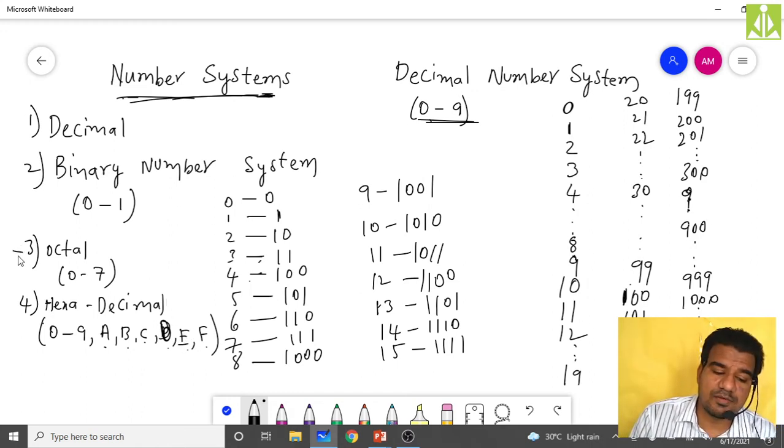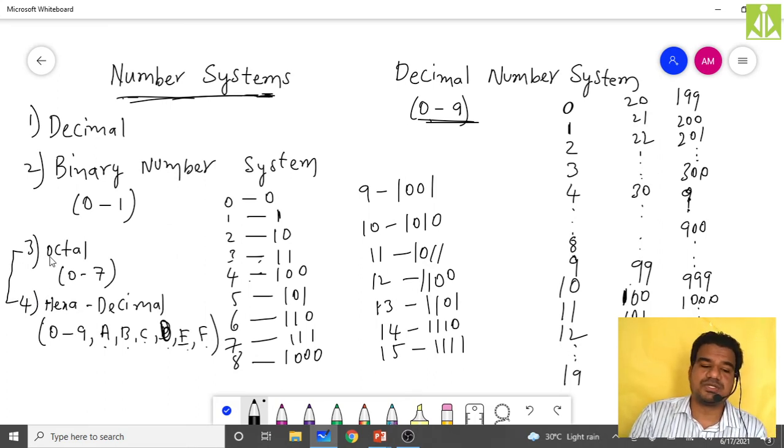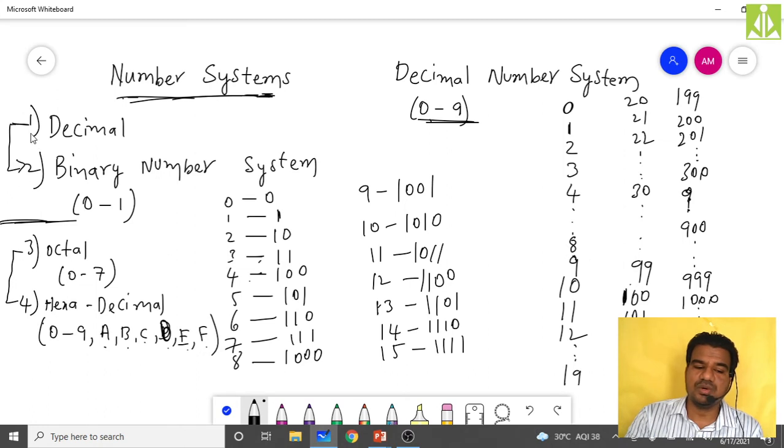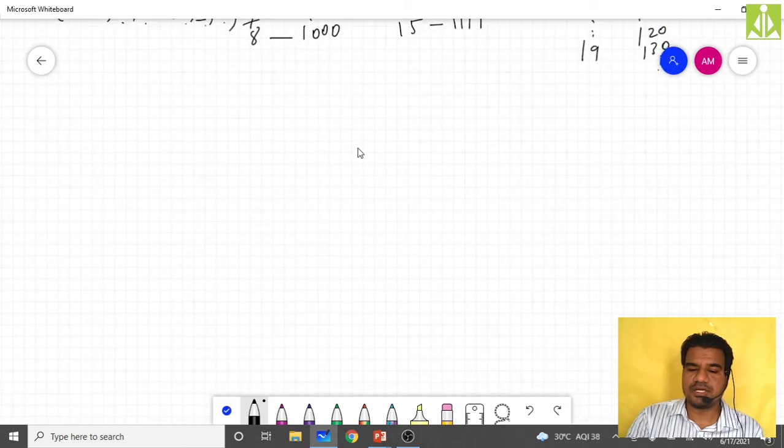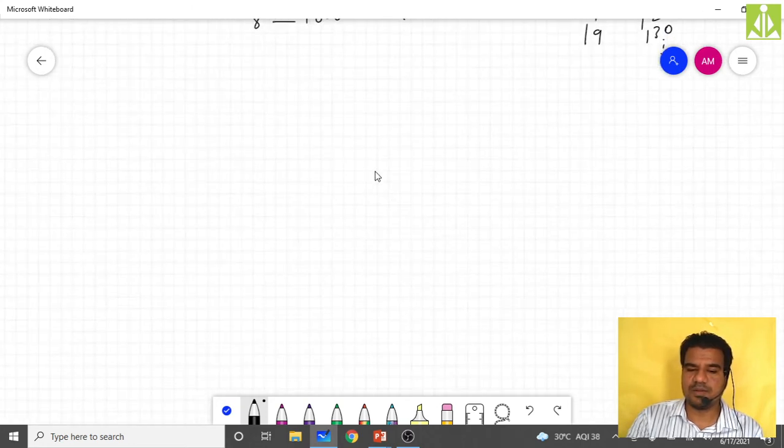See, these two are some of the advanced number systems that we will see afterwards. But for now, we need to know only decimal as well as binary. Hope you understood how the decimal number system and binary number system work. Now we have to understand how we can do the conversion. If a number is given in decimal, how we can convert it into binary, and the same thing, if the number is given in binary, how we can convert it into decimal. So quickly, I will take some space over here and we'll discuss that.